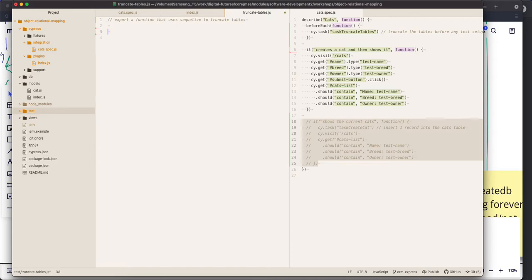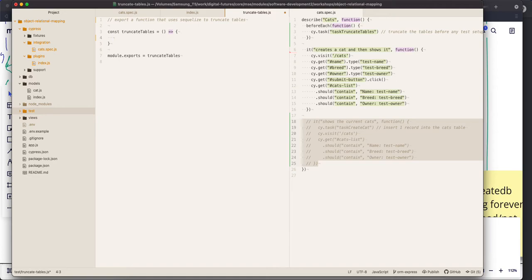So let us const truncate table is a function. I'm going to module.exports my function,